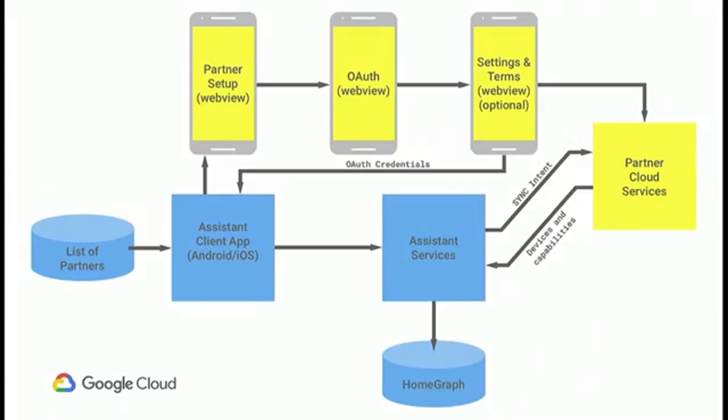So let's shift gears a little bit now and talk a little bit more about, now that we have a cloud service built, what does it mean to actually integrate that service with the Google Assistant? How do we get the interactions that I just showed you before with a smart display or a smart speaker or devices like that? So this diagram kind of outlines the basics of how the Google Assistant expects to interact